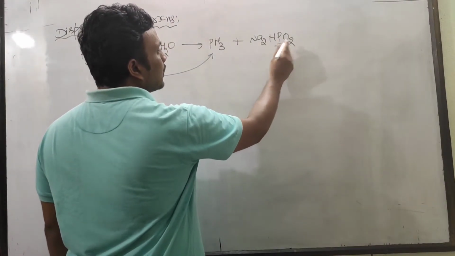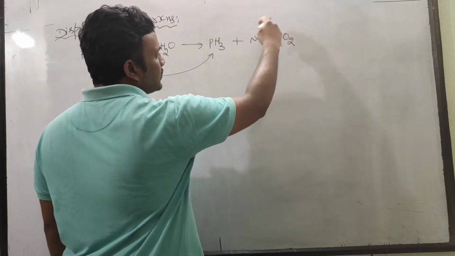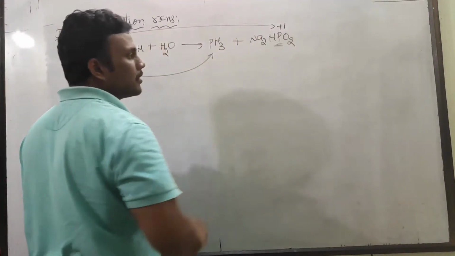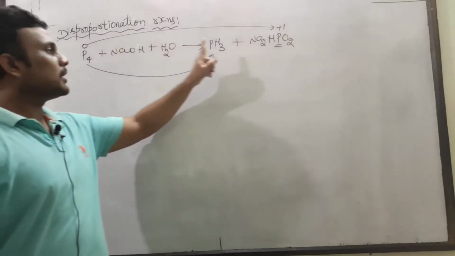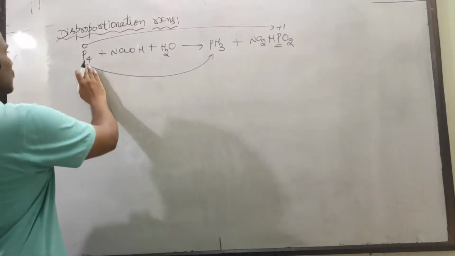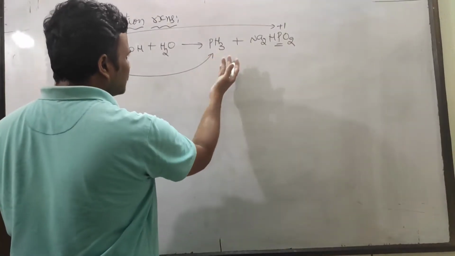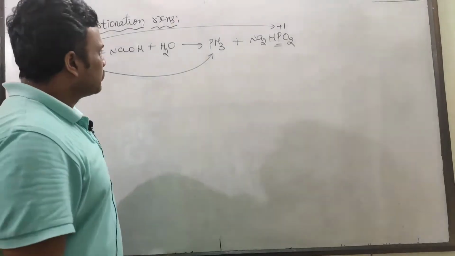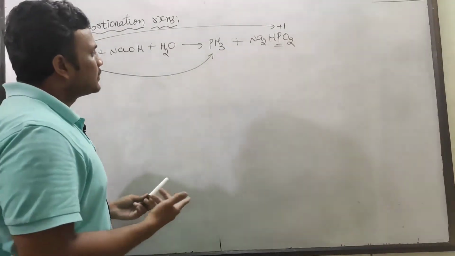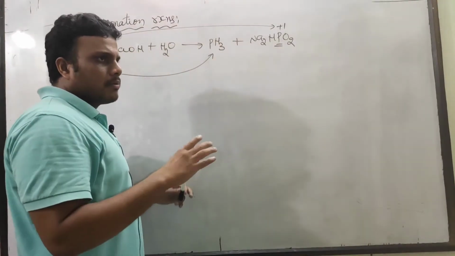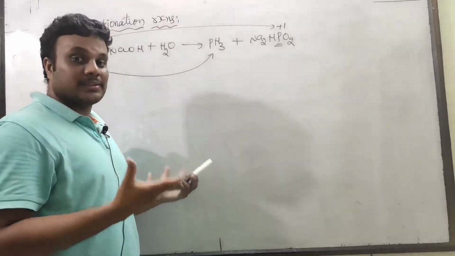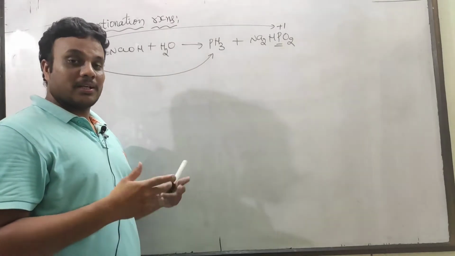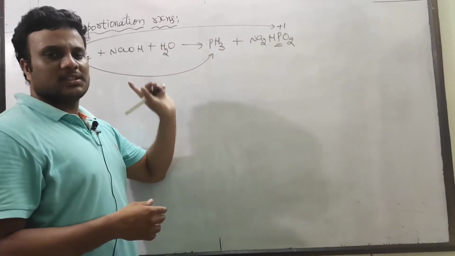You see here, in sodium hypophosphite, sodium as an ionic species is in the +1 state. We can directly write the oxidation state: 0 to +1, that is oxidation. 0 to minus, we can say this is reduction. In PH3 there is addition of hydrogen. In many books it is given as +1 and -3. Actually the electronegativity difference between phosphorus and hydrogen is 0, so that is a controversy, but in many books it is given as +1 and -3.